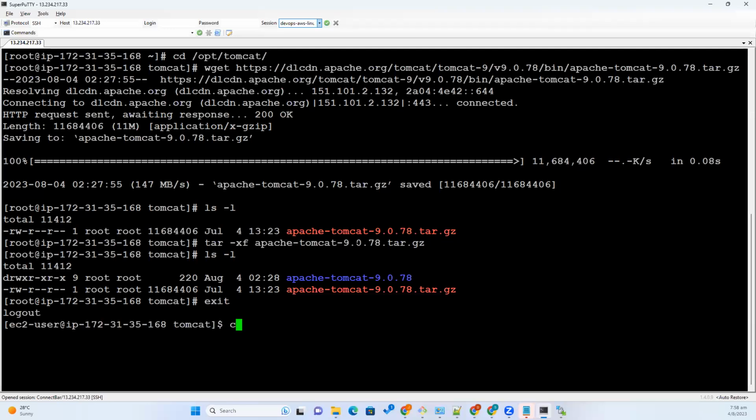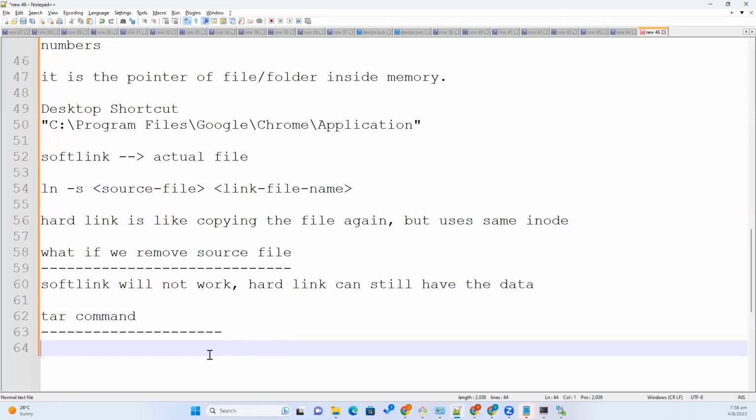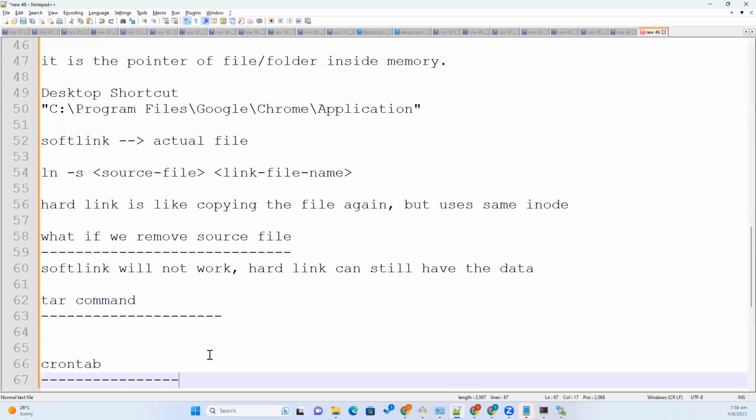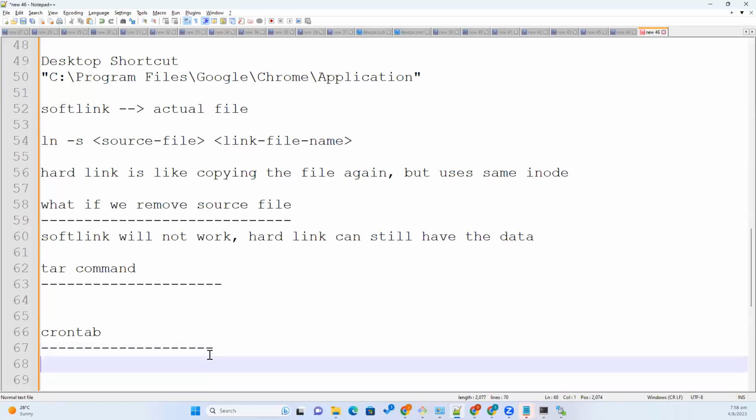Okay. And the final topic we will discuss today is nothing but crontab. So now the requirement is, you started the Linux server and you cannot monitor it completely and continuously. There will be a lot of processes running. What is our task? Generally, you need to monitor the Linux server